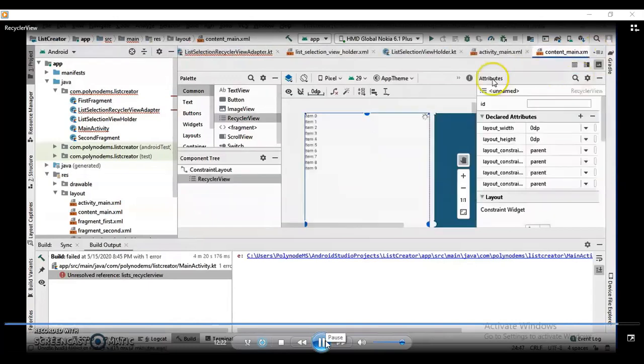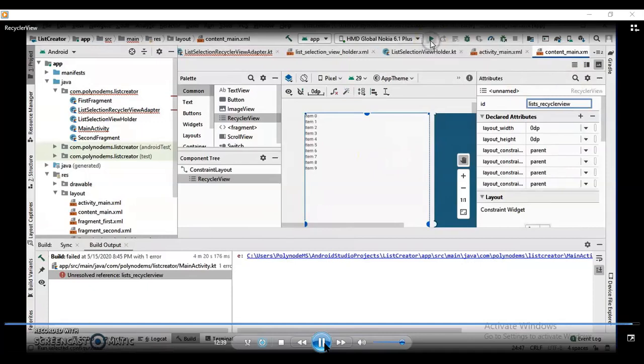I have assigned it, but somehow it has been erased from here. So to this recycler view, I will be giving the identifier as list underscore recycler. Right? And once again, I will be running this application.